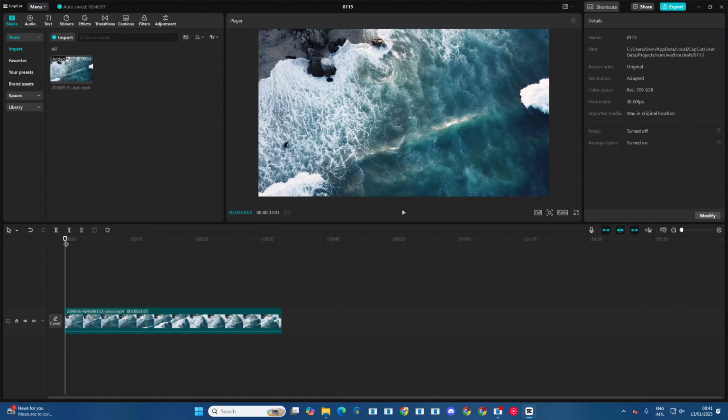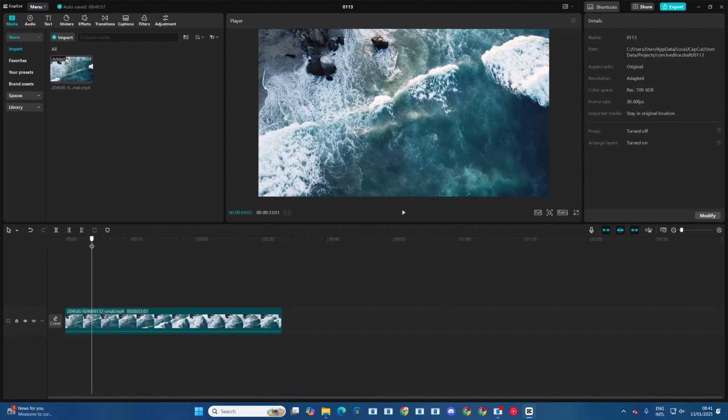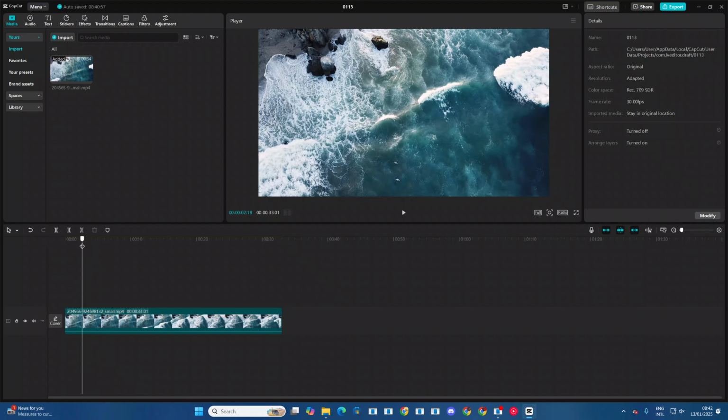So the first step is to move this to the position where you want your first keyframe to be. You can always choose to leave it at the beginning, or you can move it forward a bit until you find the perfect position. And once you find the perfect position, you then want to come to this section up top, and you want to select